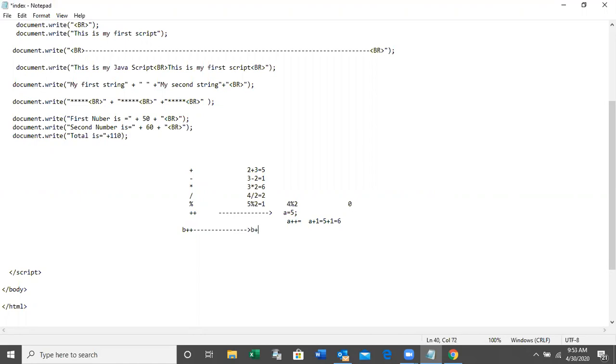B plus 1. Like that. C plus plus means C plus 1. We have to add only 1. That is the rule, right? A plus plus means A plus 1. B plus plus means B plus 1. C plus plus means C plus 1. Okay? Like that.